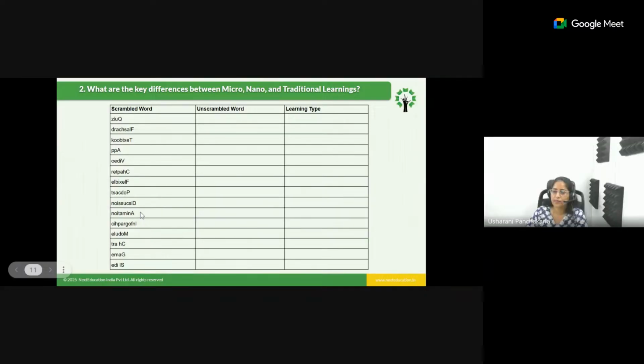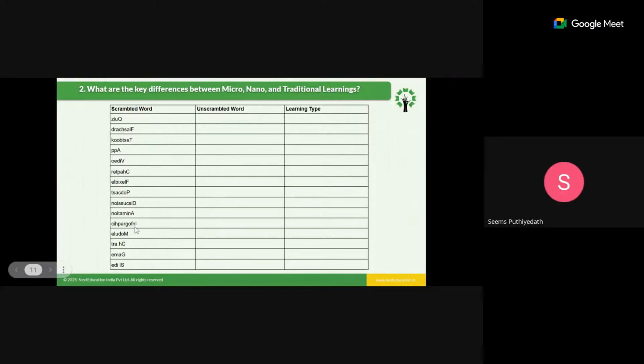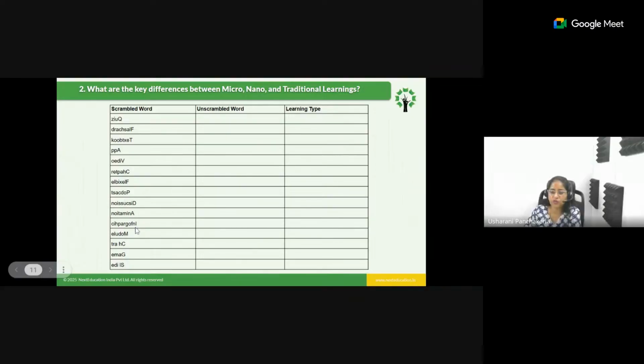Animation is nano, micro, it all depends upon the video length. If it is 1 minute or 30 seconds, we can say nano. If it is a 5 minute video or a 10 minute video, I can call it micro. Right. Now, what is this? Infographic. Very true. Where does it fall? Again, based upon the timing.